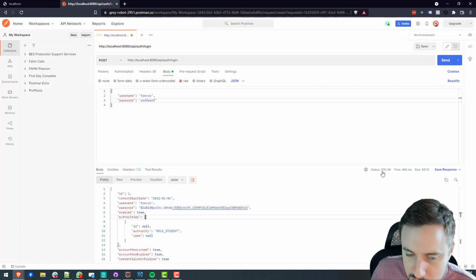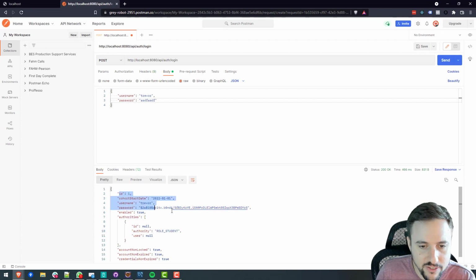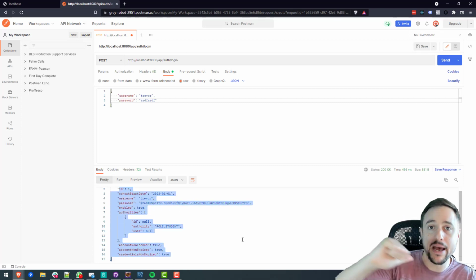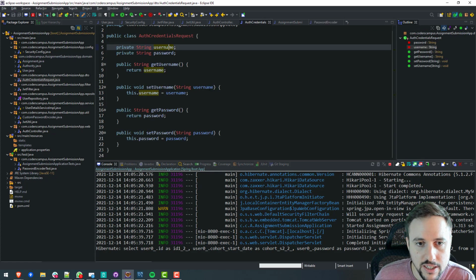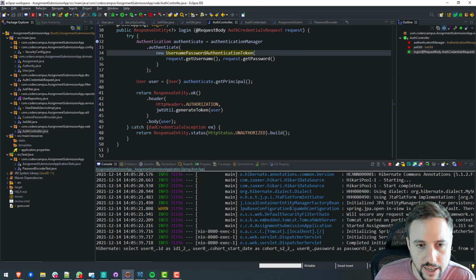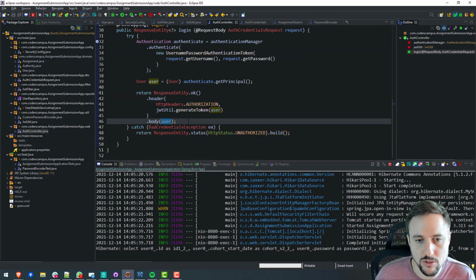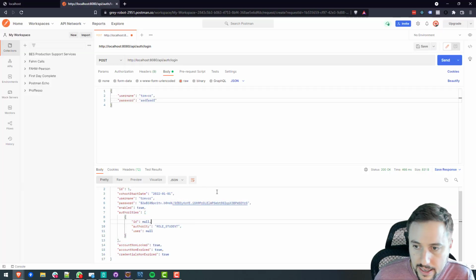So we had a 200 response, okay, and we have all the details of the user because remember that's what we passed into the body in our code in the auth controller. We have the body here which has the user information. Now in the header,